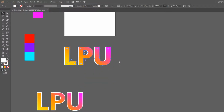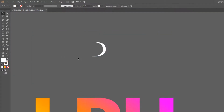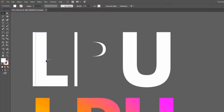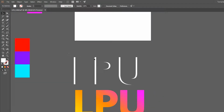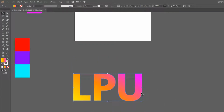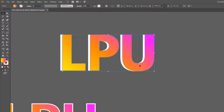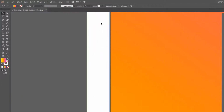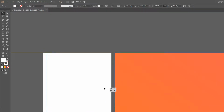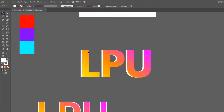Okay, hold on. I'm gonna bring this back. That. Okay, so now when I get rid of those, it becomes just the quote-unquote drop shadow, and then we can merge them back. Why is the U like? Oh, because if I do that, okay. So that's kind of what we want, except it's a little bit off. So let's bring it back there. Okay, so that's kind of the effect